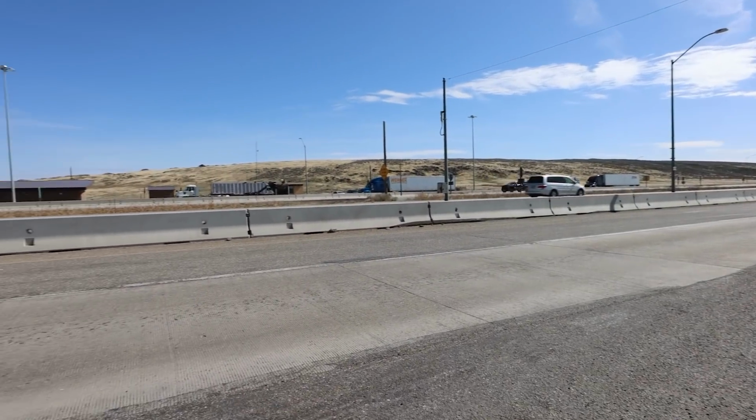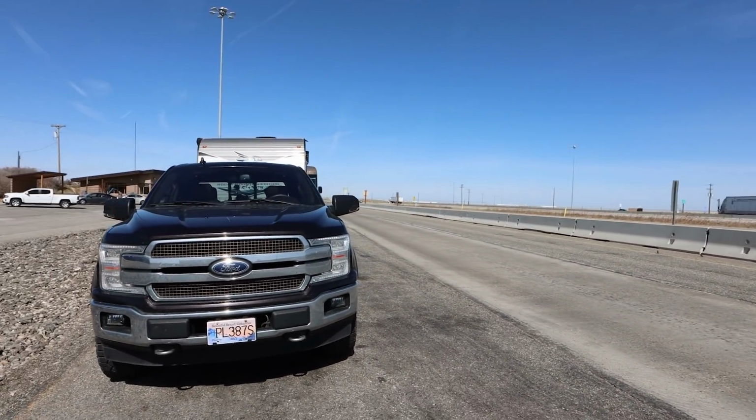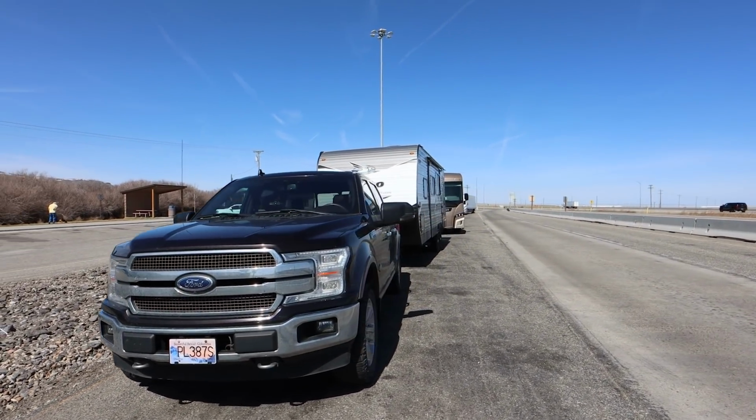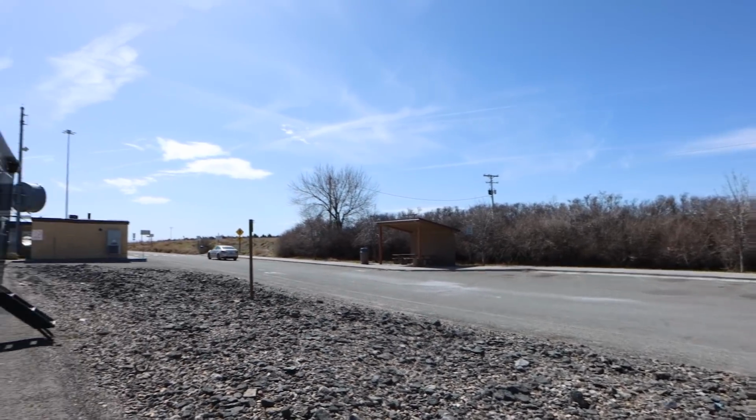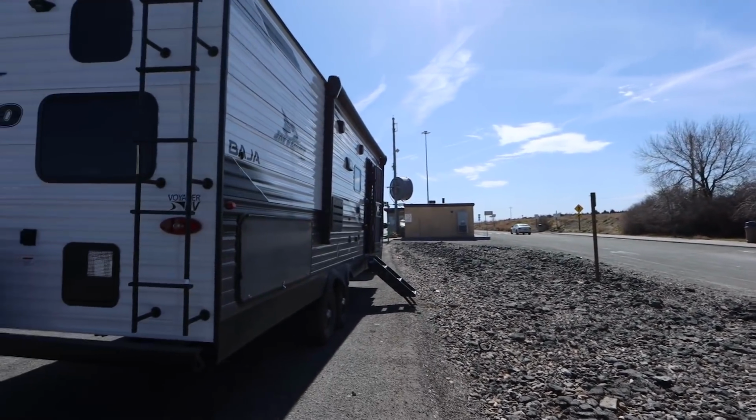That is the weigh scale for semis. If it was open, we'd have semis going by us one after the other, because this is a really busy semi highway. Luckily it's not open right now, but it's just so weird. The RVs have to park in the weigh station area. So it's just a very busy